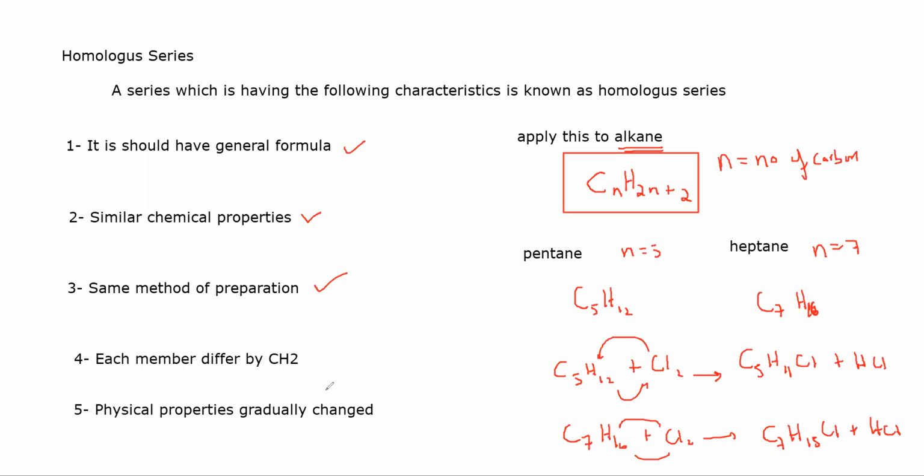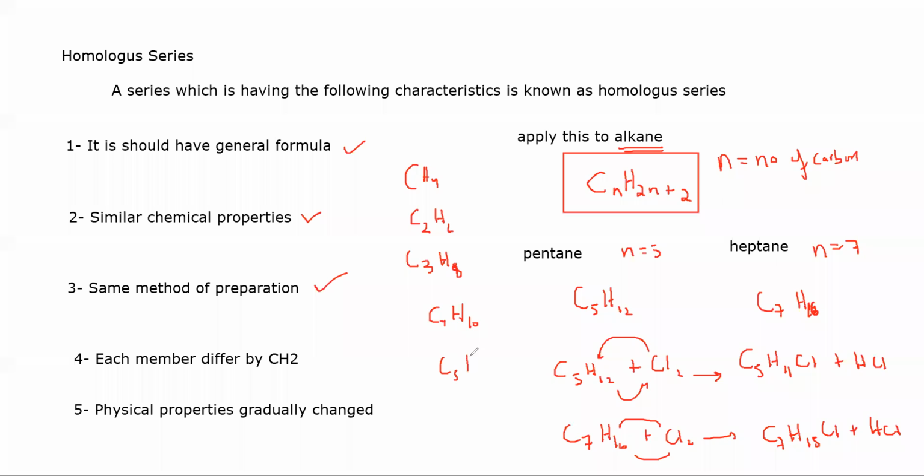We are checking whether alkane is a homologous series or not. Alkane is a homologous series, and each member differs by CH2. What does it mean? For example, the first member of alkane is CH4. The second member is C2H6. The third member is C3H8. The fourth member is C4H10. The fifth member of alkane